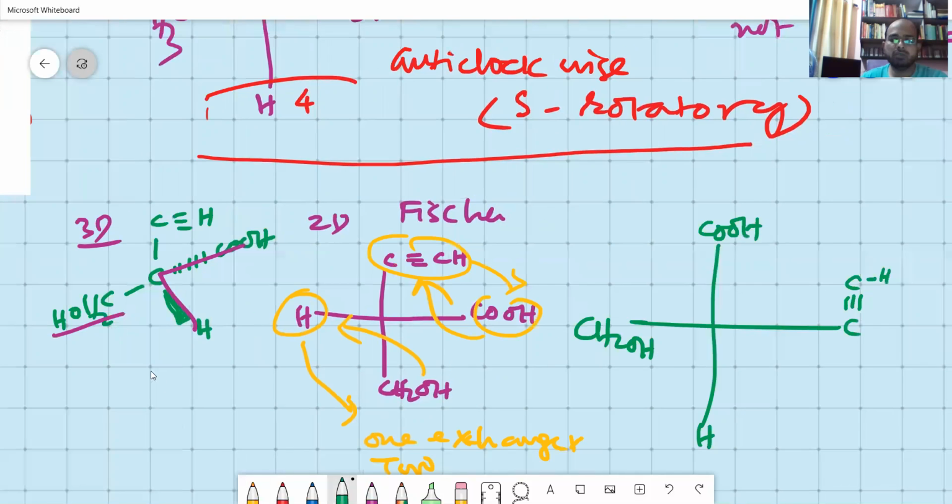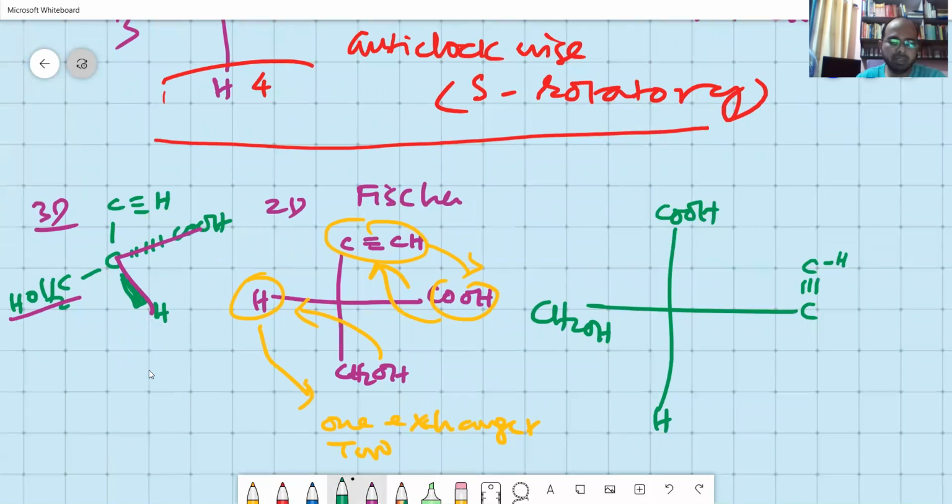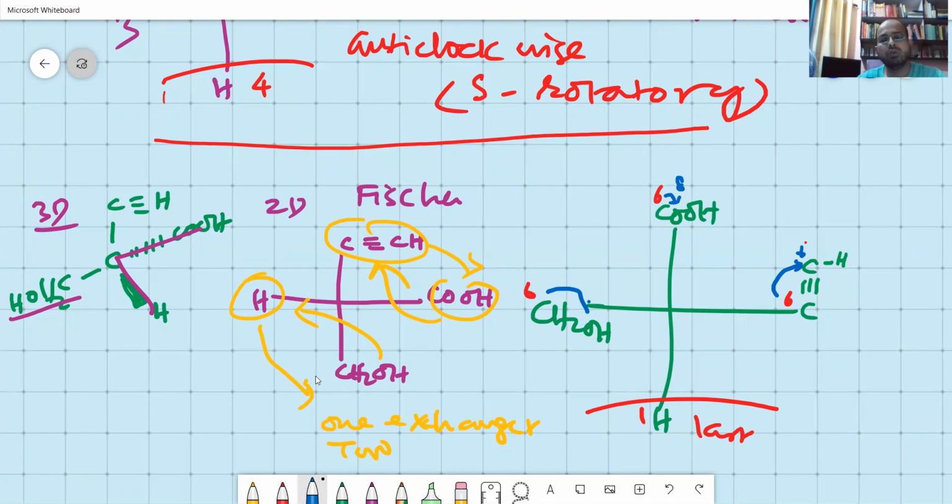Okay, now comes the numbering. So in the numbering portion, you can see that hydrogen is the last priority because its atomic number is 1. Therefore, this is removed. So all of them are having 6 here, 6, 6. All of them are equal. Okay. Now the next atom is to be considered as per rule 2. Okay. What is the next atom? Here the next atom is 6. Here the next atom is 8. Here the next atom is 8.